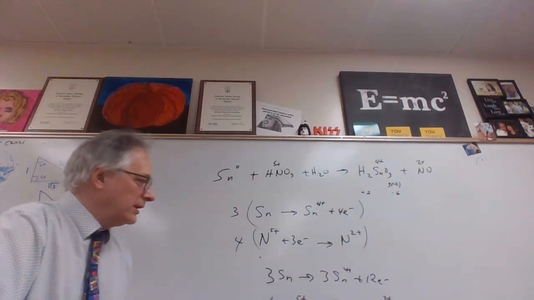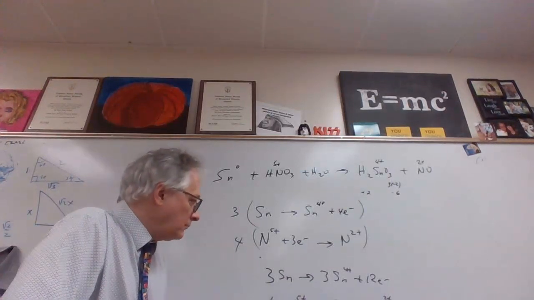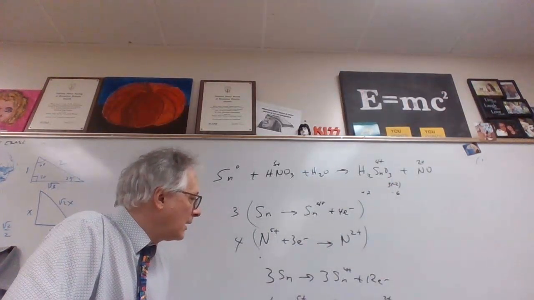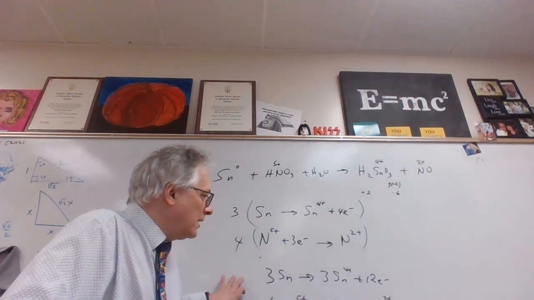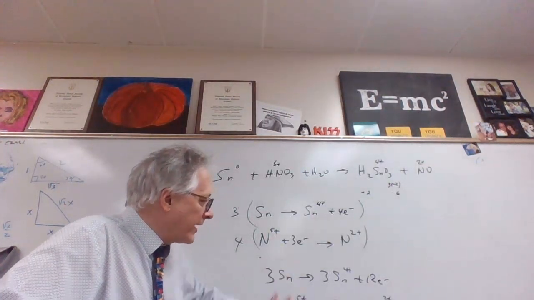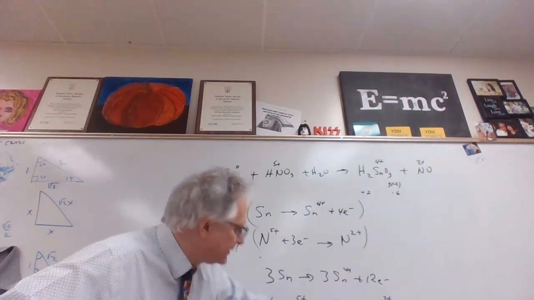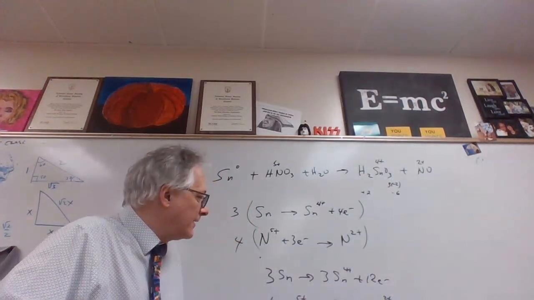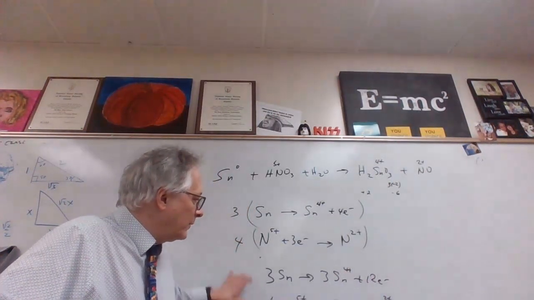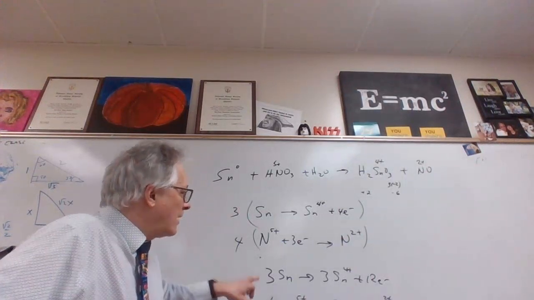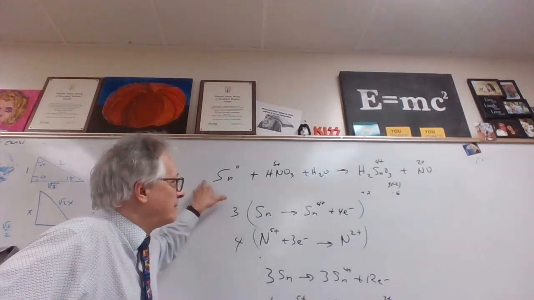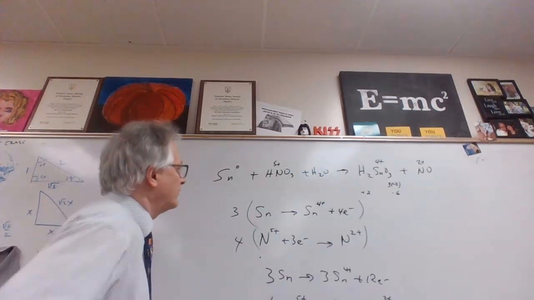And right away you could tell if everything's going to work out because the charges should all work out. The number of electrons should cancel when you add, and you should be in good shape. So once again, oxidation and reduction. So now I'm going to go ahead and use these coefficients to try to balance this. So I'm going to put a 3 in front of my tin,